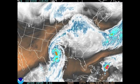Now, as you can see, we have the big story of the day, Hurricane Ike, that is starting to move through northeastern Pennsylvania, northeastern Texas, should I say, and beginning to get picked up by the upper level trough that is digging into the plains. Meanwhile, we have a lot of moisture from everywhere from the Mississippi Valley all the way to the forecast area,